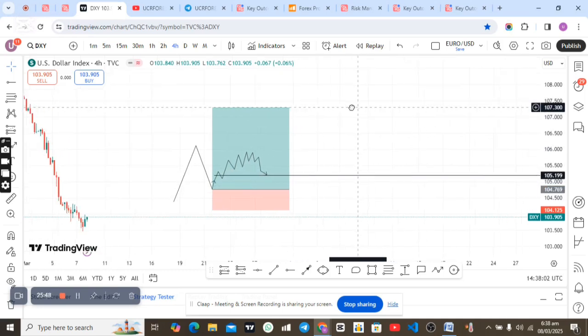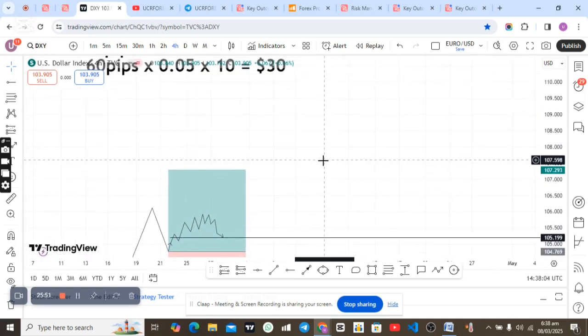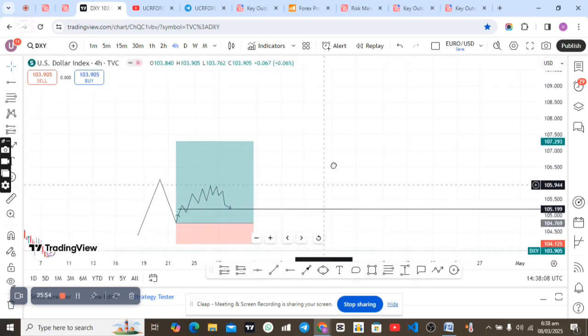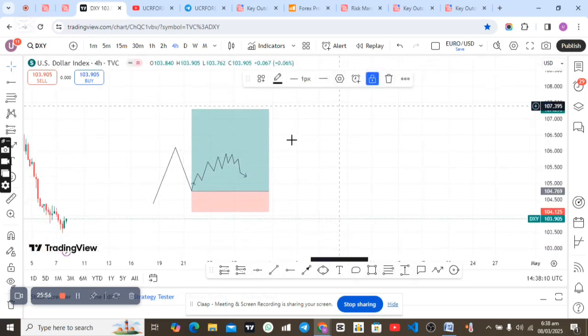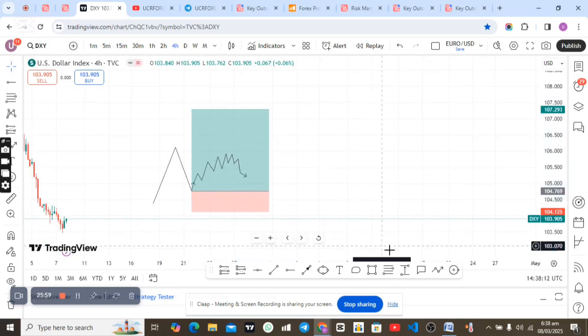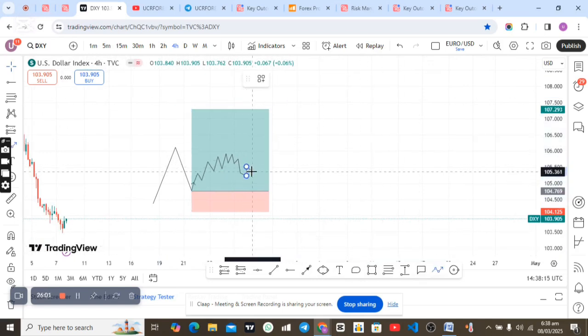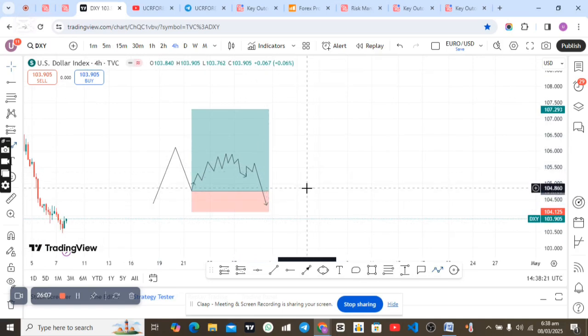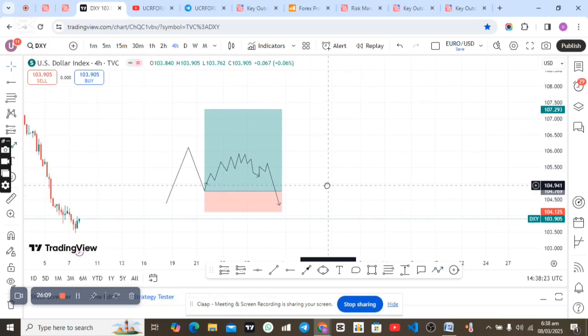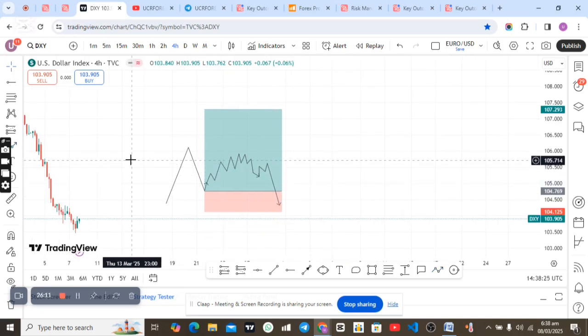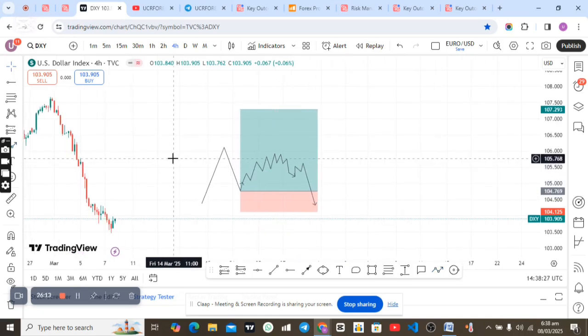Okay, and then another thing you should never do when you are practicing good risk management is, let's say the market is pushing in your favor this way, and now the market is pushing in your favor like this. All of a sudden the market starts going against you. Now the market is in your stop loss. The one thing to do now is that you never extend your stop loss. Never you do what? Never you extend your stop loss. The moment you extend your stop loss, you are standing the chance of risking more than you can bear.